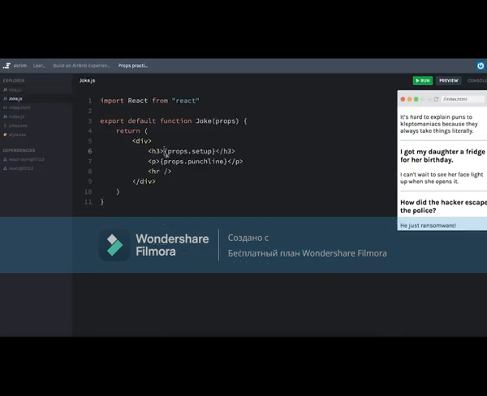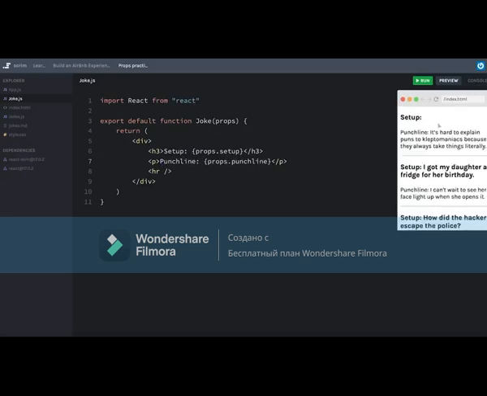But what if I went to my joke and instead of just putting the setup and the punchline, I said something like setup, and punchline? Now when I hit refresh, we can see that it's a little bit broken here. Again, this isn't something that we've taught, so I didn't necessarily expect you to fully grasp this concept quite yet. But as an advanced sneak peek into conditional rendering, something that I can do is actually only render this